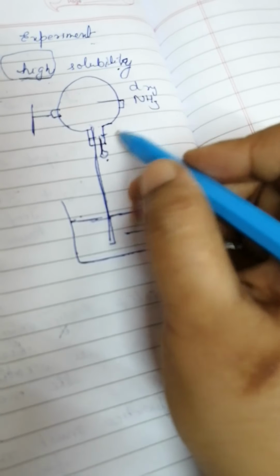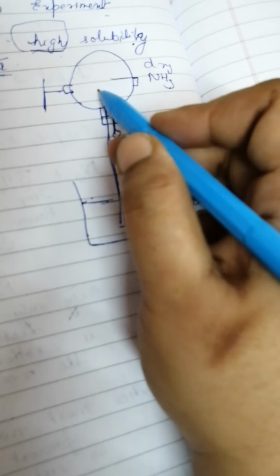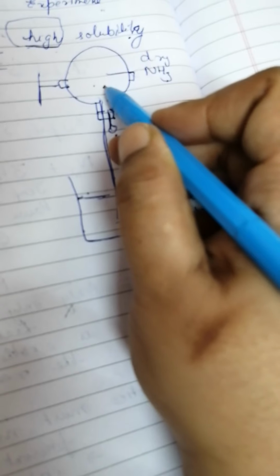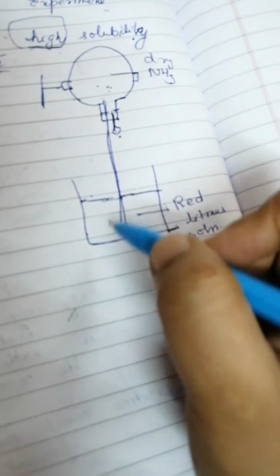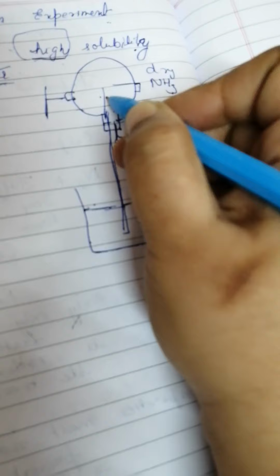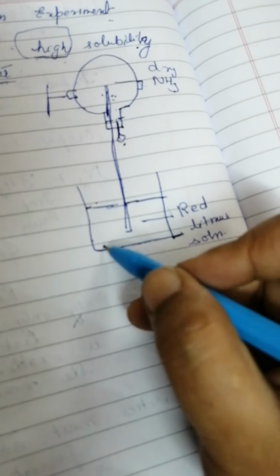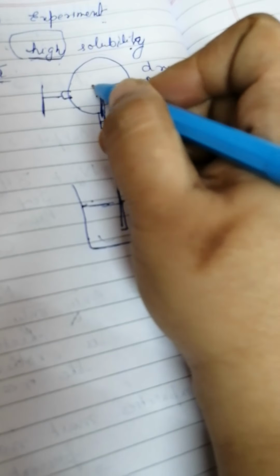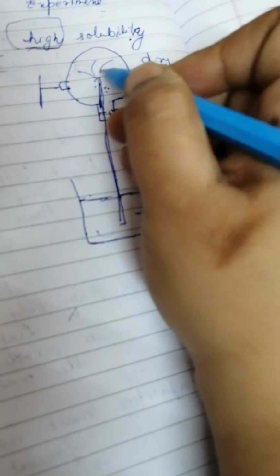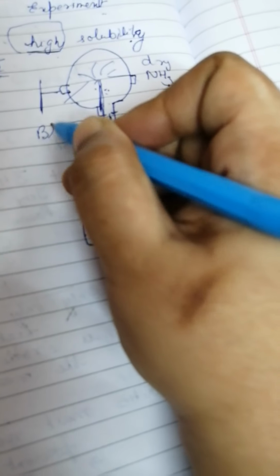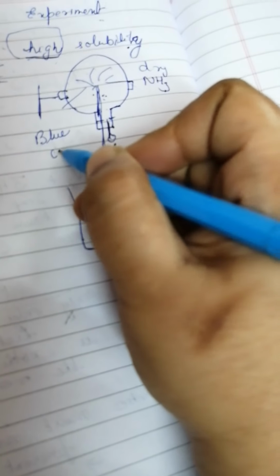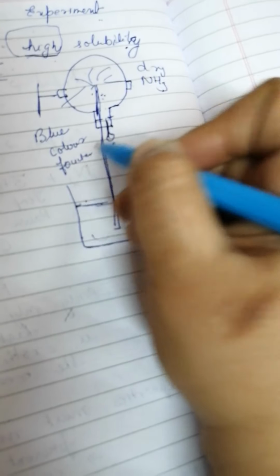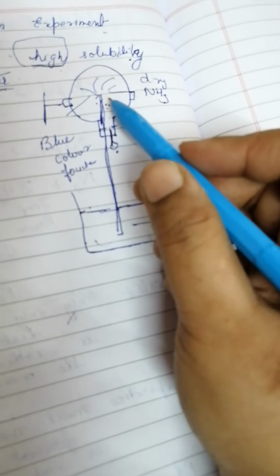We'll just press the dropper and the water is going to come out. As we press the dropper, ammonia will dissolve in water, and inside this a partial vacuum or a low pressure will be created. Now as the low pressure is created here, this red litmus solution will rise up and will come out here in the form of a blue color fountain. So you'll see a blue fountain here. In case of HCl, you find a red color fountain, but here you can see a blue color fountain.